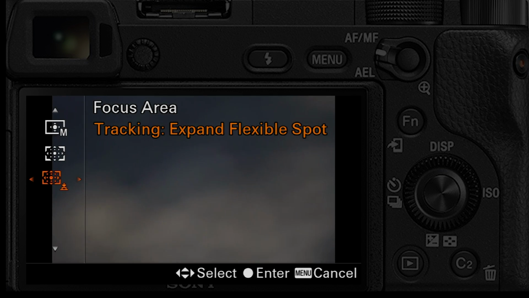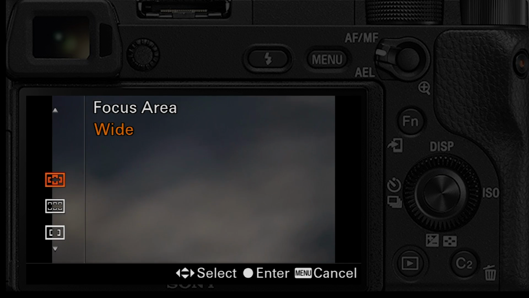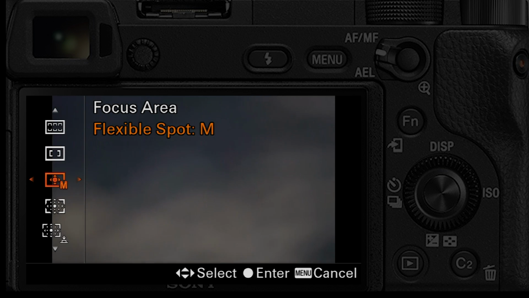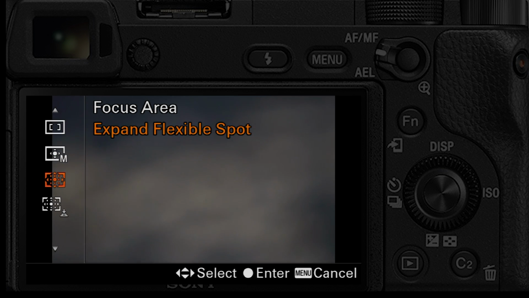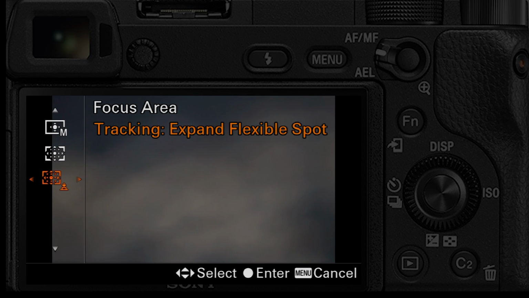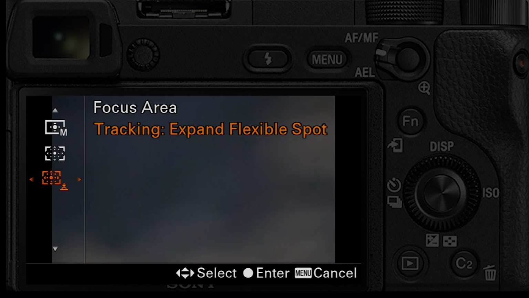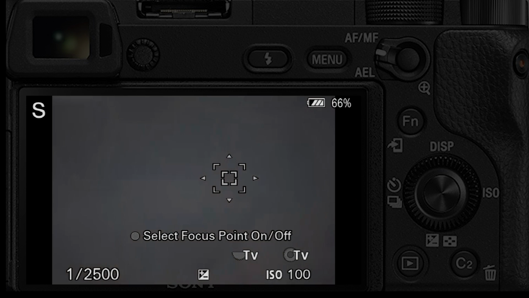So you go over here and we'll just go down and pick. It says focus area: zone, center, flexible spot, and then expand flexible spot. This is the one you want, tracking expand spot. And when you have this on, what happens is this: you'll find a brand new box that's a little square. Okay, so you'll start off with something kind of in the middle,